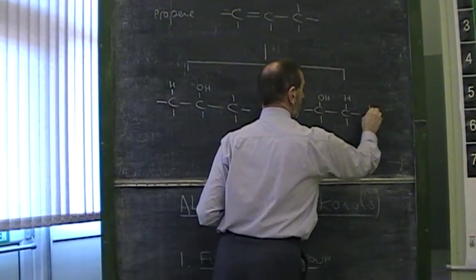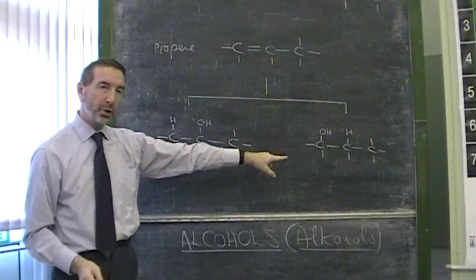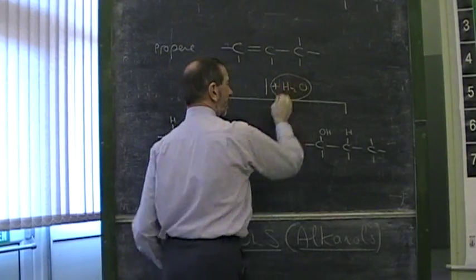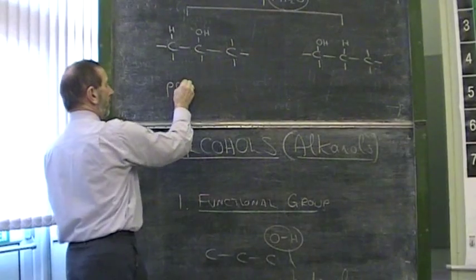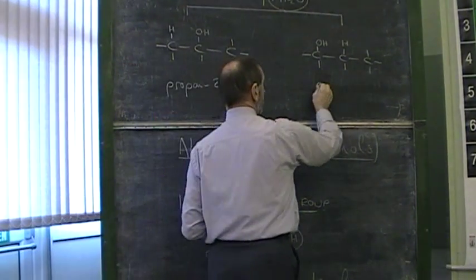So, the hydration of propene produces 2 products. This adding water, this hydration, has created 2 different outcomes. Here we have propan 2-ol, and here we have propan